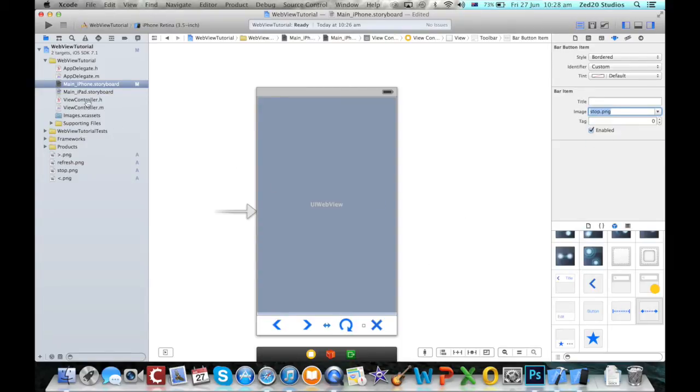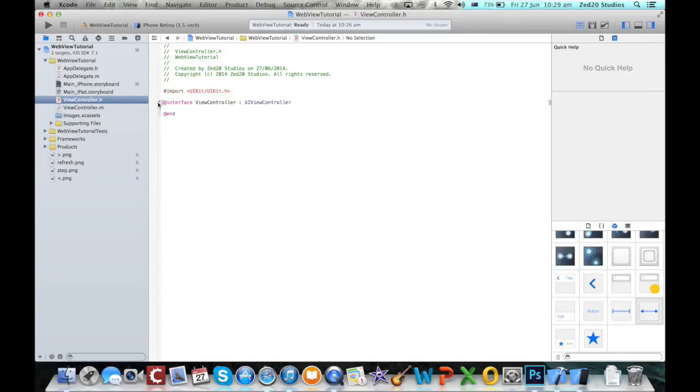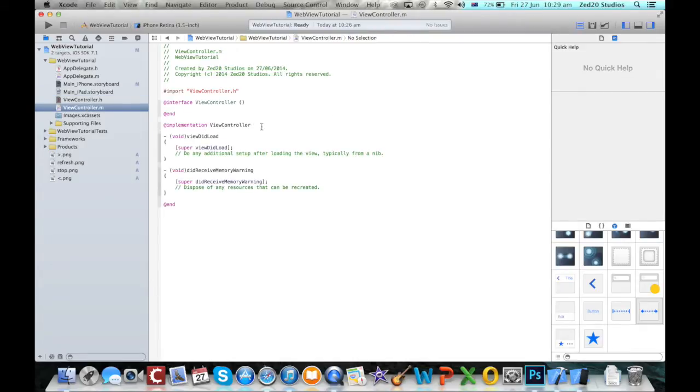Okay, now into the code. This will be found in the description below as well. So in ViewController.h, after the @interface, just add this code, which is @property (nonatomic, strong) IBOutlet UIWebView *webView; And then in the webView.m, you're going to want to add